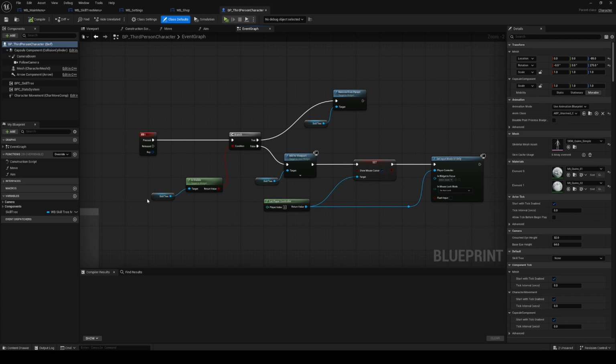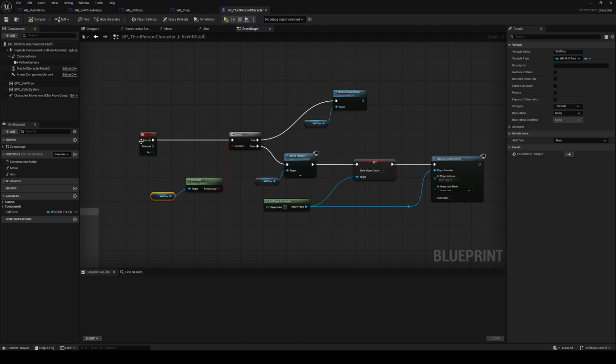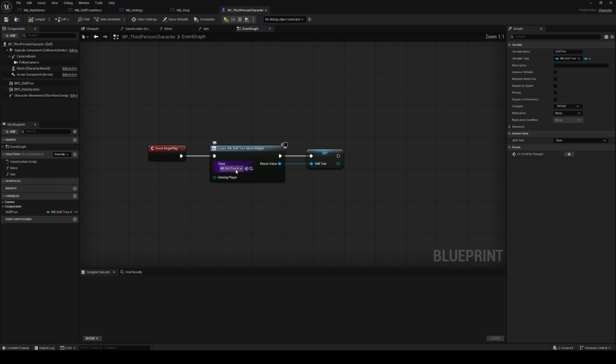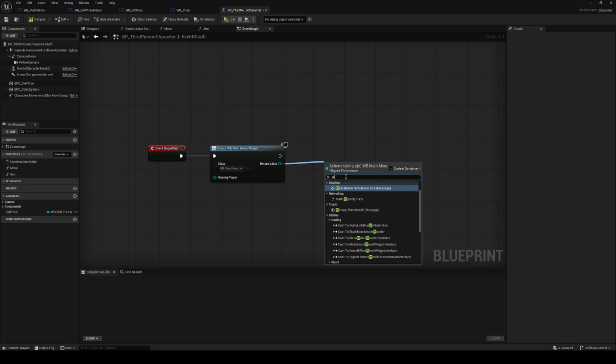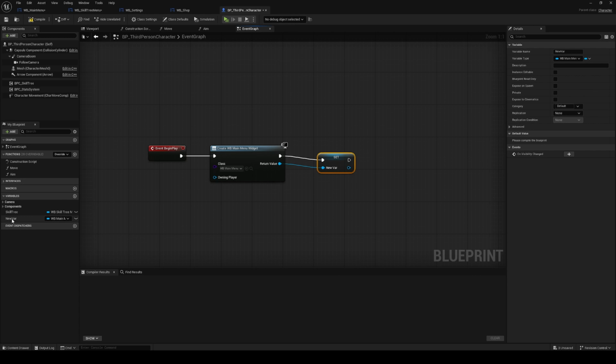So what I need to change is we have to change this. So it's gonna be main menu, and we're gonna do, I think I need to, okay, promote. There. Promote to variable, and the variable is gonna be main menu,